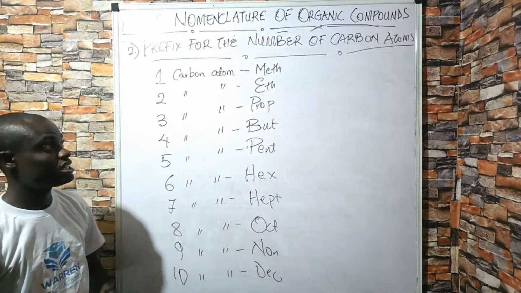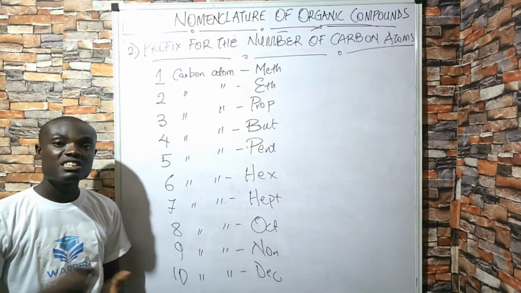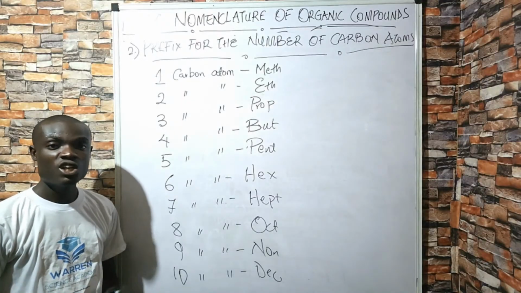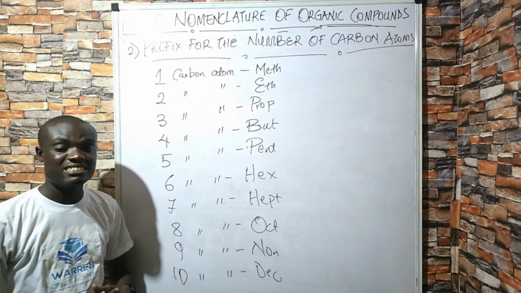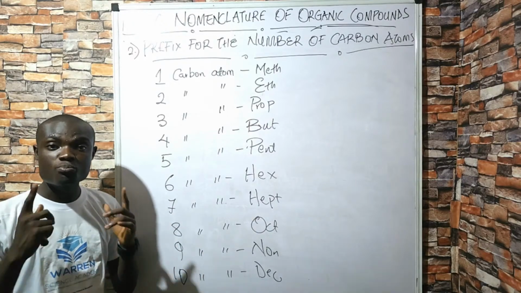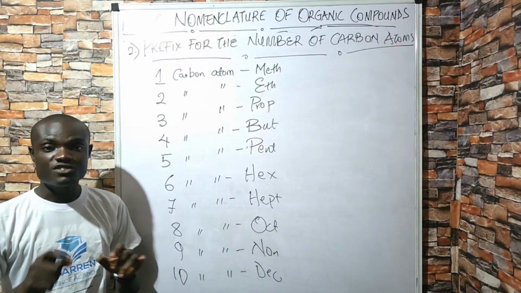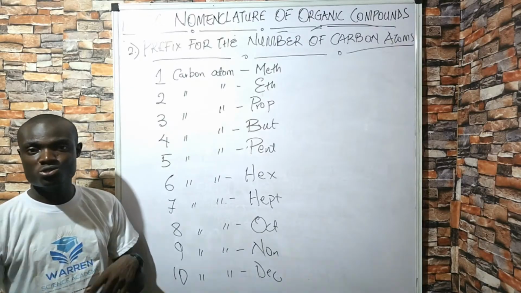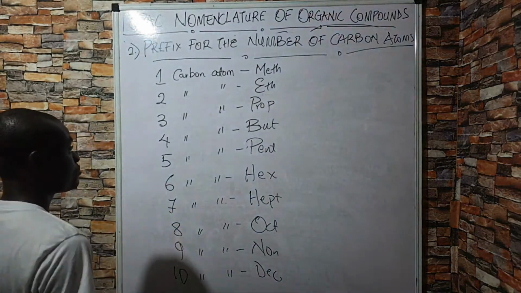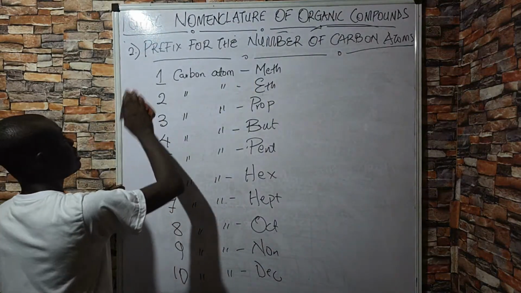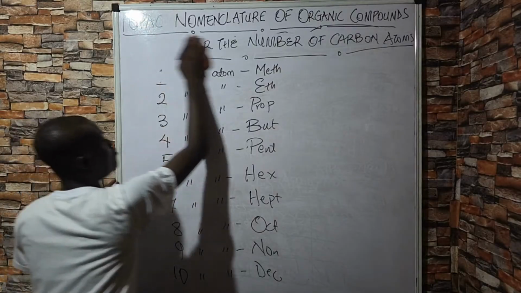So the last thing we look at is what we call the homologous series. This is the very important thing we are going to look at. And then in the second part of this class, in our next class tomorrow, we are going to look at all the various steps, how to name, how to draw. So that's what tomorrow's class is going to be centered on. So let's start homologous series. Let's take a good look at it. So let's go.